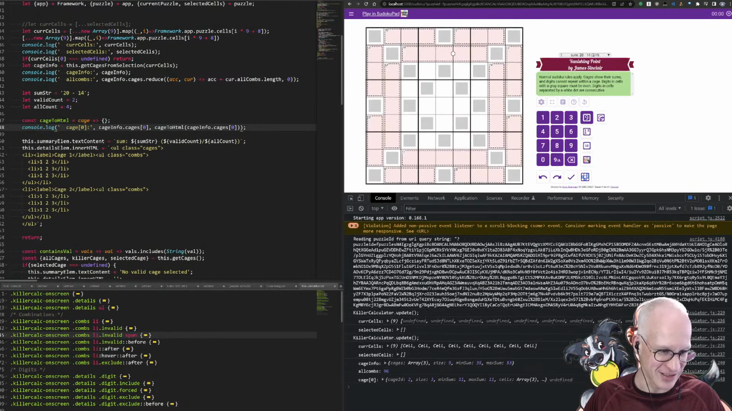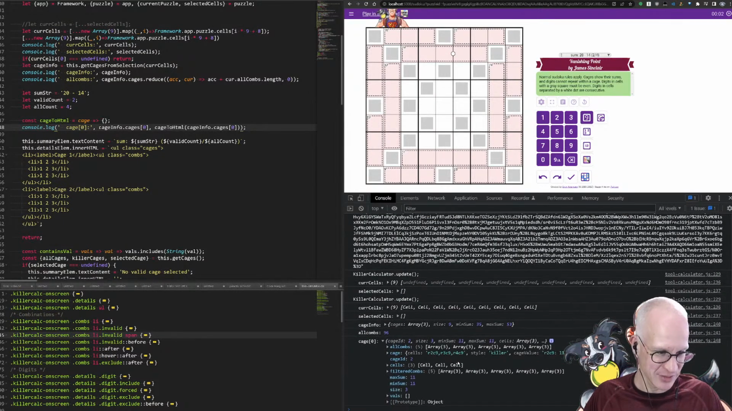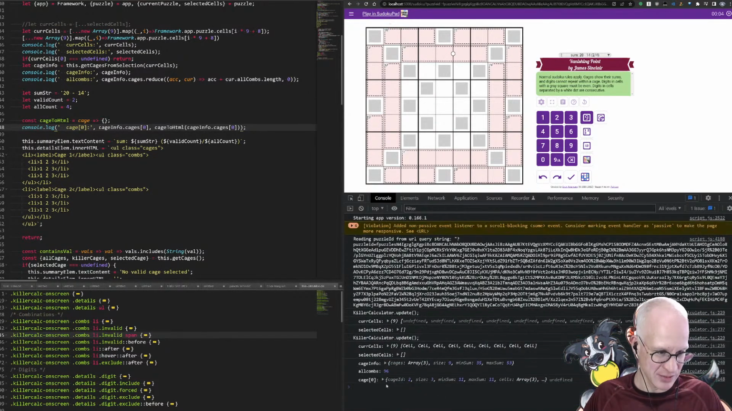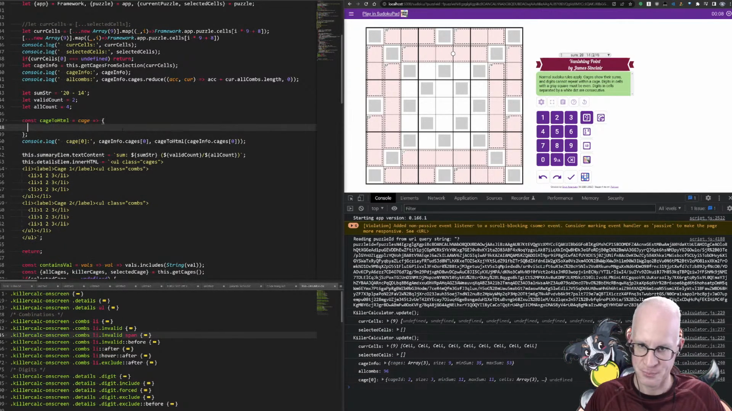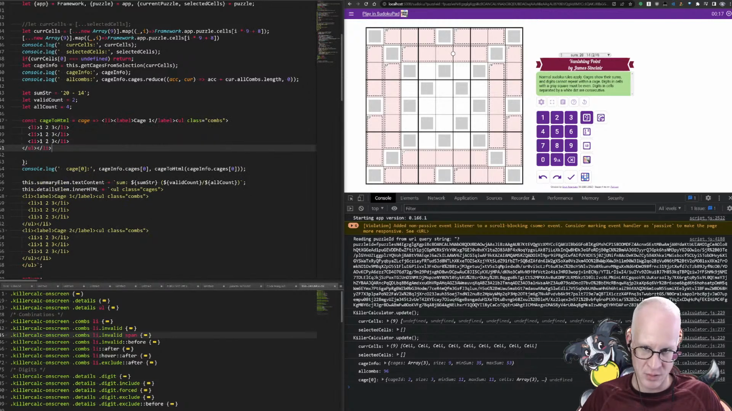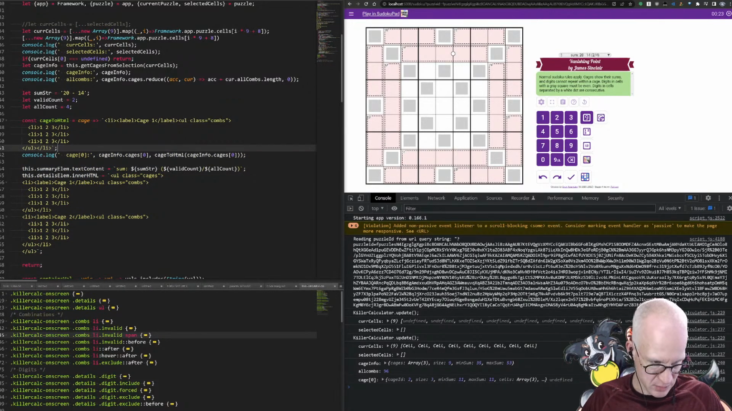All right, what have we got? So we've got cage 0, and the HTML thing doesn't output anything yet. All right. So this should now really be this thing. Right. And what's in the cage? What's in the cage? The cage contains